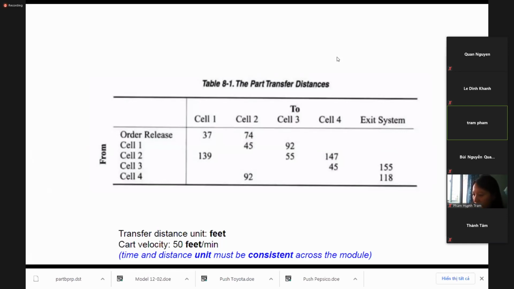We have the route, the entity transfer, from the first station named other release to cell 1